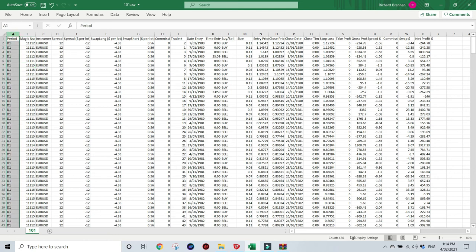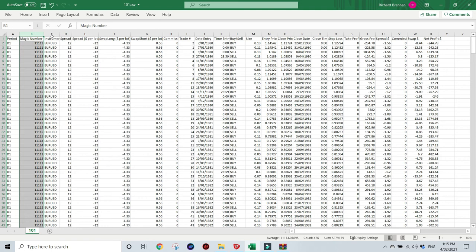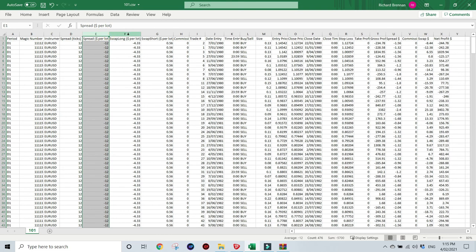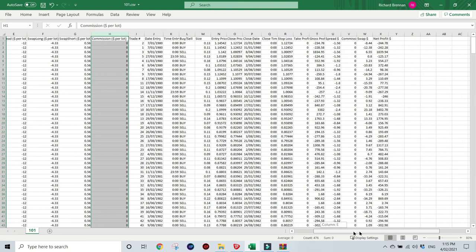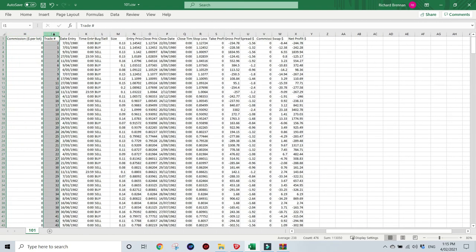So now that we've opened up this file, we can see that we have recorded the time frame used for the backtest, the magic numbers that have been used by the expert advisor, the spread in ticks used for the backtest and the spread cost per lot, the long and short swap cost per lot that was applied over the course of the backtest, any commissions, the trade number of the backtest series, the date of trade entry, time of entry, whether the trade was a buy or sell, the size of the trade in lots, the entry and close prices and close time of the trade, the initial stop loss placed on the trade and any take profit prices if applicable,